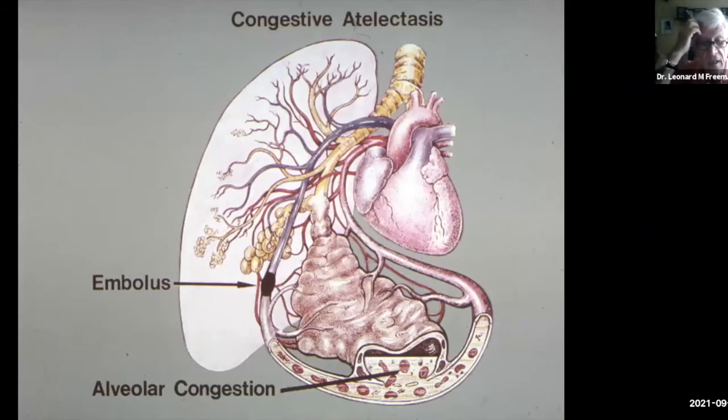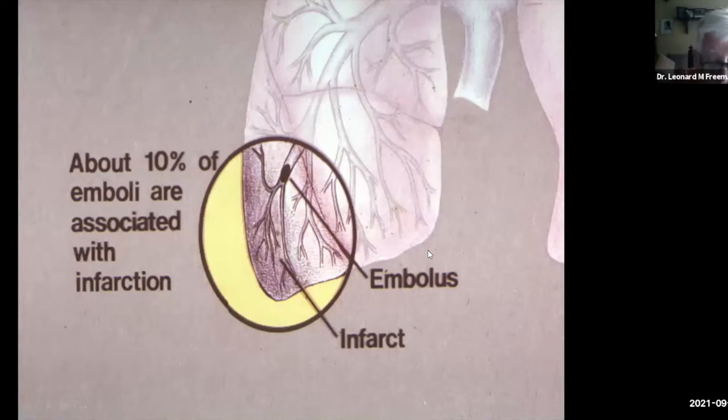And eventually this can lead on to alveolar congestion. You can start to get pleural effusions and things like that on the x-ray. And as I said, this only happens in about 10% of the cases. In 90% of the cases, the bronchial circulation is adequate to keep the lungs nourished, even though the pulmonary embolus